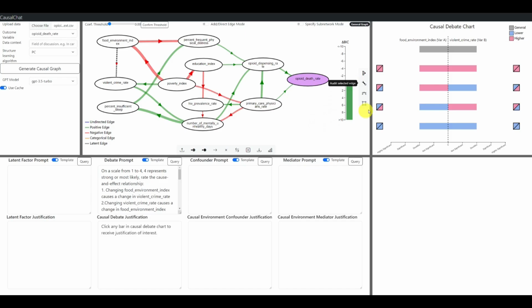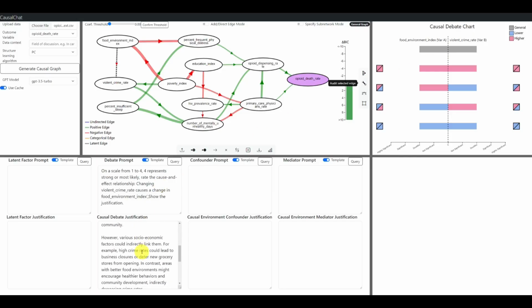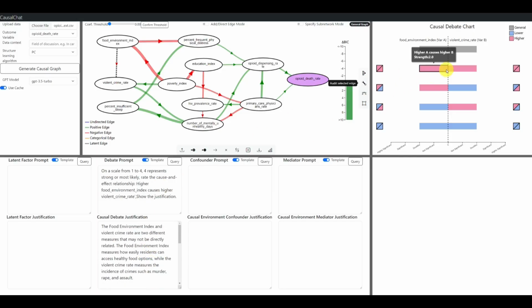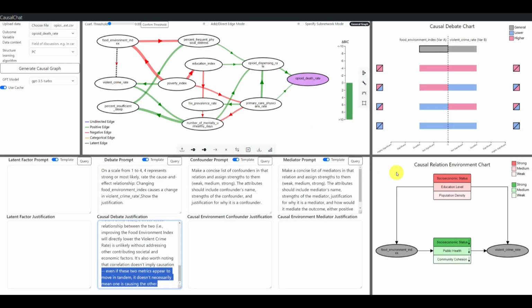In order to overcome hallucination rating, users can verify the logic consistency of the corresponding justification. In CausalChat, when hovering on a bar in the causal debate chart, the user can read the justification for the corresponding causal hypothesis. In this case, the justification text explains why the causal hypothesis, food environment index causes violent crime rate, is rated 2, and there shouldn't be an edge between food environment index and violent crime rate. Sometimes 2 variables show correlation without direct causation. This is due to hidden